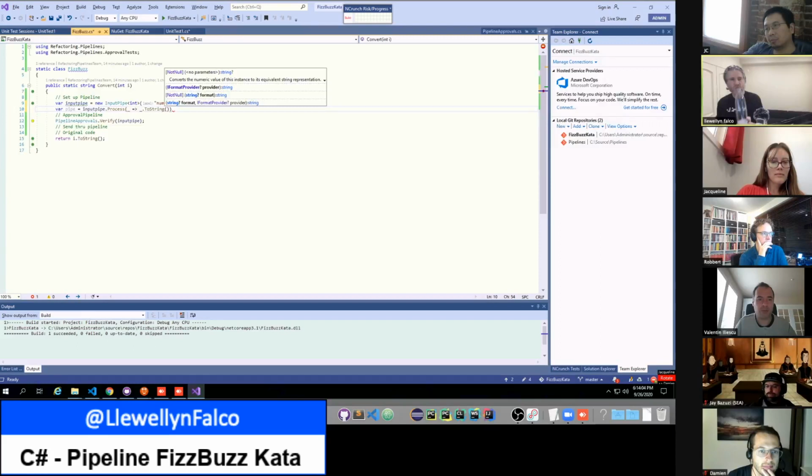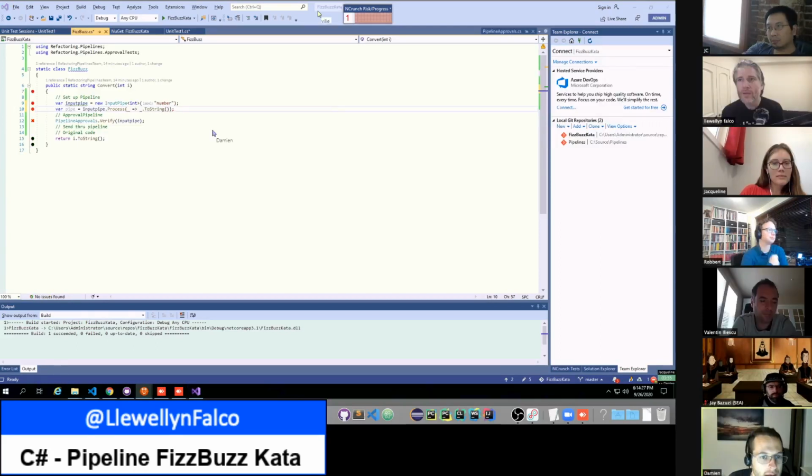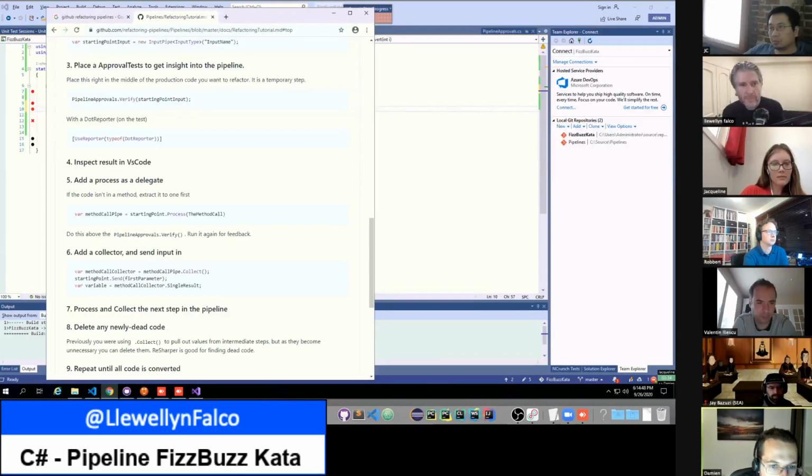Okay, the timer's starting. Perfect. So we added this new thing. Can we have a look at the documentation again? Just bring it up briefly. Also, if you manually run the test, you should get a new approval file. Okay, gotcha. So here it says starting, if the code isn't in a method, extract it into one first. Okay, so let's move it into the method.